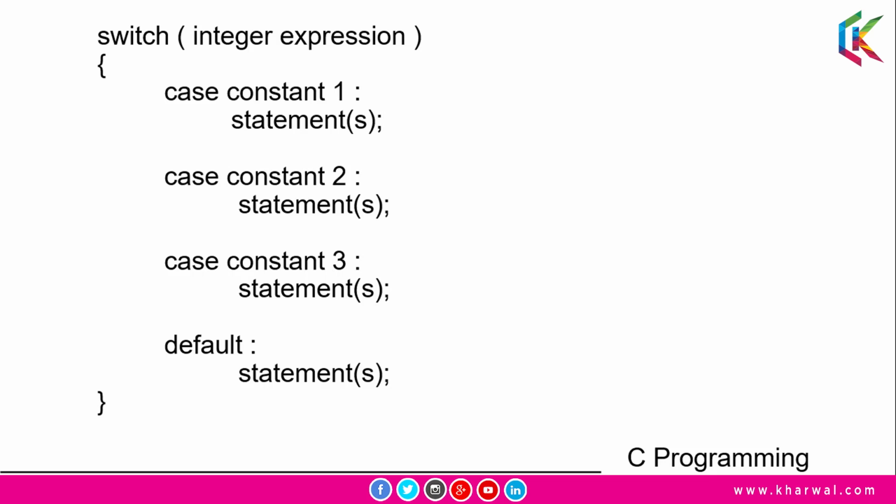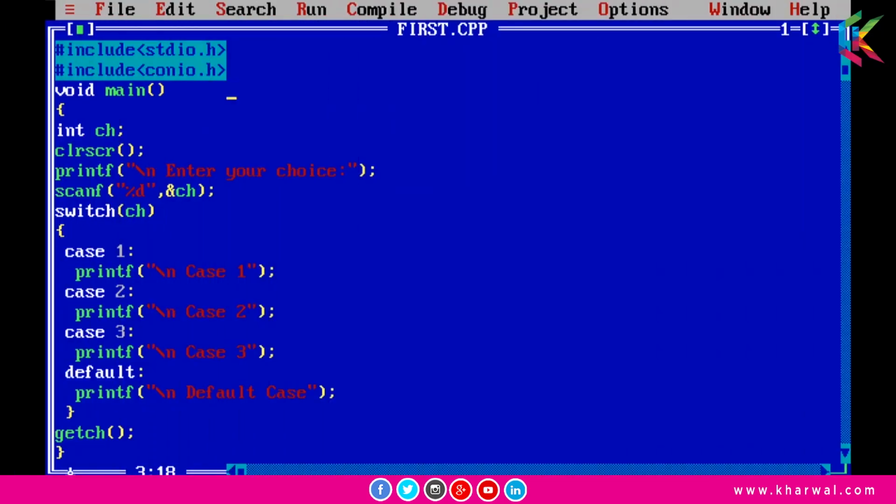Now guys, let me open up the Turbo C++ compiler where I will show you the working of this switch case. Guys, in this program we will learn about switch case. So I have declared an integer variable ch for the choice, and now I am taking input from the user with the help of this scanf function for this choice variable ch, and now I am passing this variable ch to the switch case, and after passing this choice it will match with the cases.